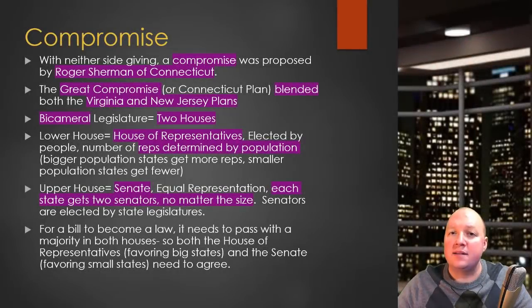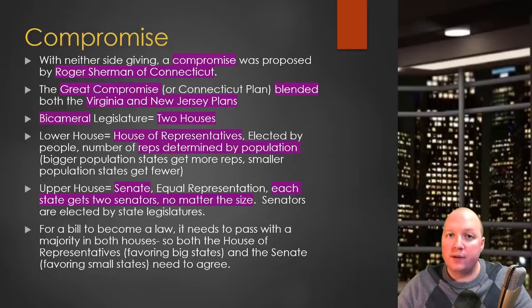These two competing plans have led to a deadlock at the Constitutional Convention. The large states favor the Virginia plan, the small states favor the New Jersey plan, and neither side wants to vote for the other one because it would hurt them. So what we're going to need is a compromise, and that compromise is put forward by a man from Connecticut